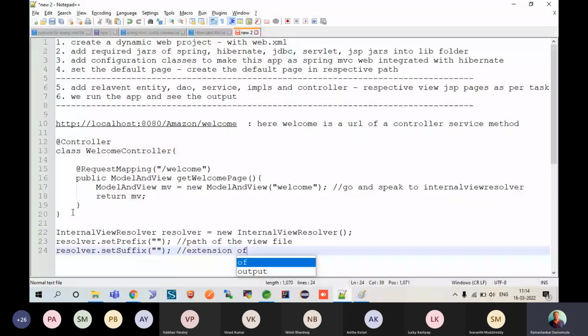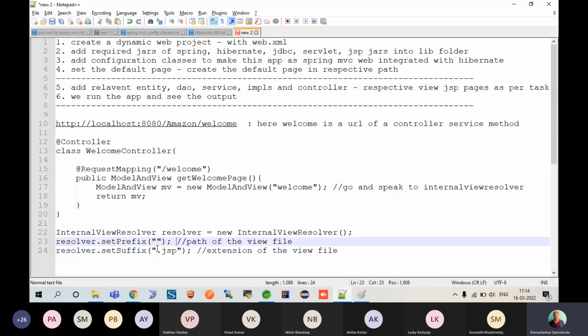Okay, so the extension I will be having is .jsp, and where I have all these files is slash WEB-INF slash. Here I can keep them, but this looks very clumsy if you